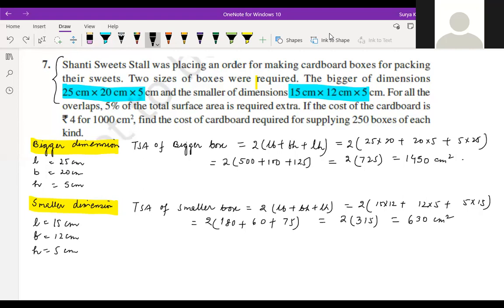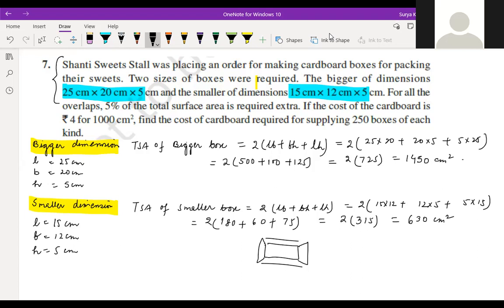That plain thing will come. The box sheet will come like this, plain. This sheet will come and you have to turn it back and make a box with the help of this. Some area will get overlapped. Understood what I'm saying?